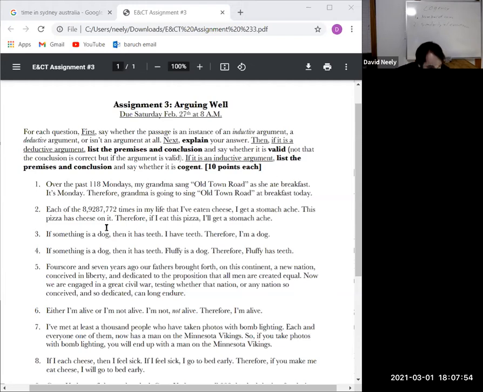If you've eaten cheese 89 million times, first off, that means that you've been alive for like 100,000 years, but that's a different matter. But if you had eaten it and you got a stomach ache every time, you probably do have a cheese allergy. However, that's not something that we're talking about here. In this case, you're just using the past experience to justify the future case. So it doesn't meet the criteria for deductive. It is an inductive argument.